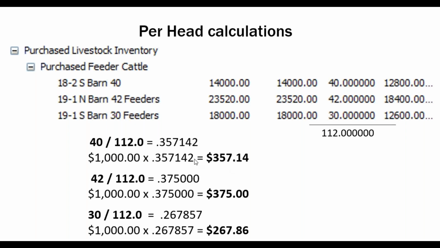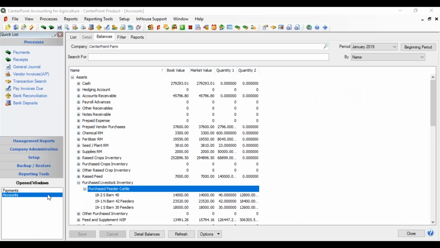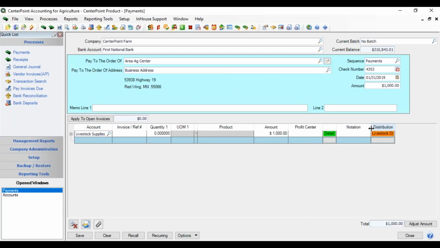For the 42 head, it took the 42 again, divided it by the total 112, and allocated $375. And my 30 head, divided by the 112, allocated $267.86. So that is how we got to our payment